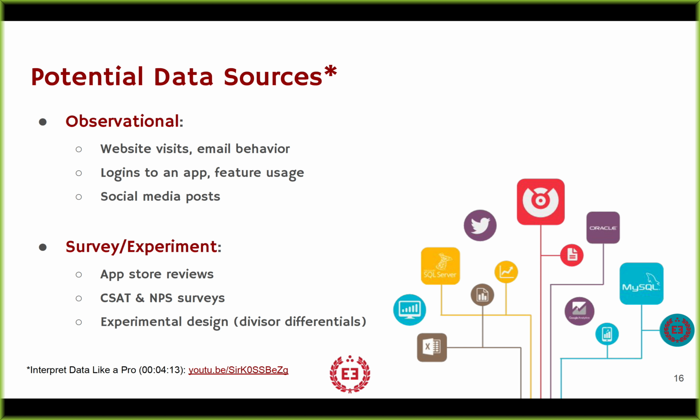And then social media posts, and this one and App Store reviews, I want to be clear, they're borderline cases. So is social media observational data because you see it and it existed without you? They put it on Twitter and so you can go look at it. Or is it survey if you tweeted at them and they responded? And the same thing with App Store reviews. Almost every app I've ever had is asking for a review. So if the review happened without asking, it's observational data. If the review happened because you asked, it's survey data.